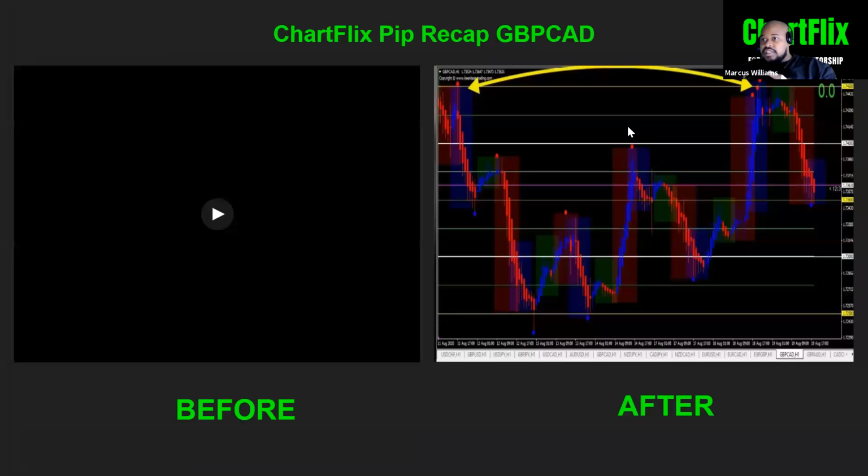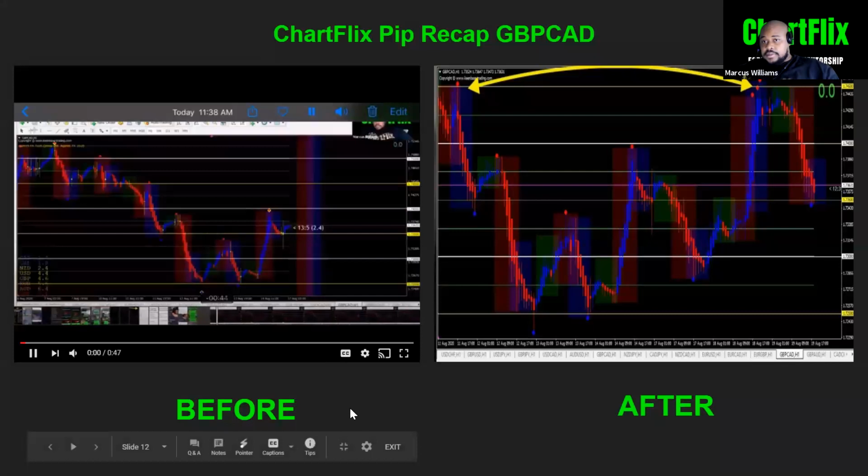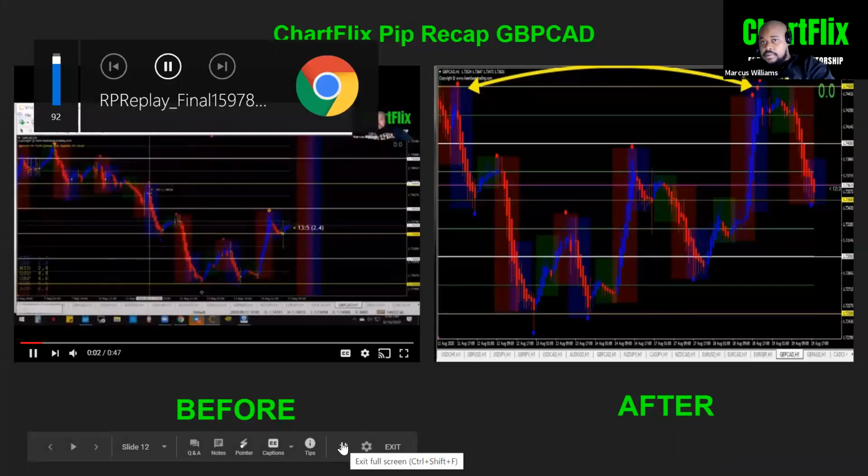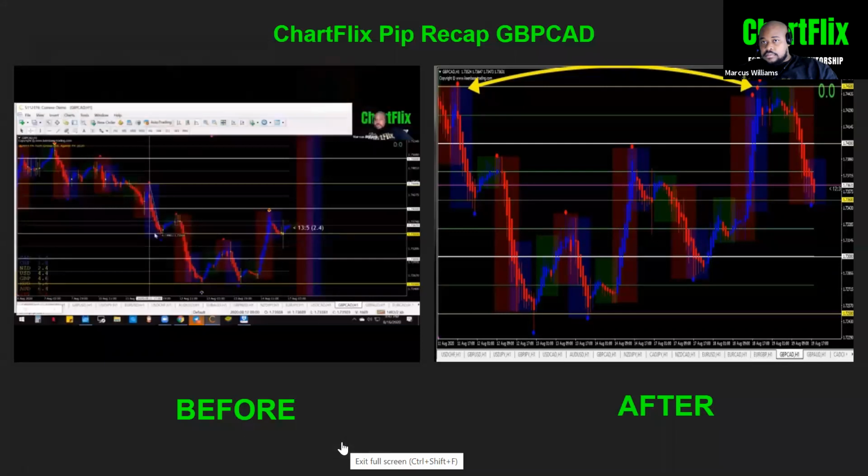I believe this is my 50 pip pullback trade. This is on the right side. This is what happened after the fact. On the left side, this is what we predicted in our class. We start here, 25, 50, 75, 100 pips. Once we get to this 50 pip pullback, the price will start here.